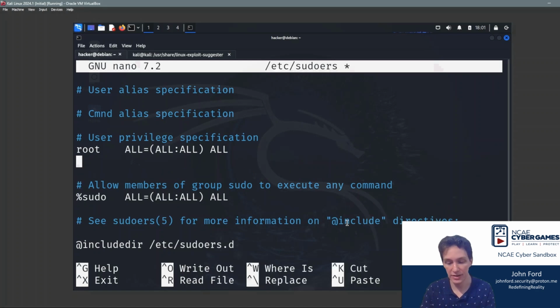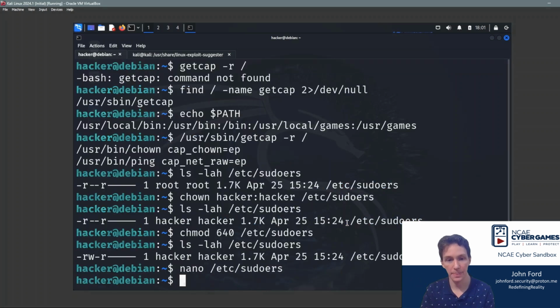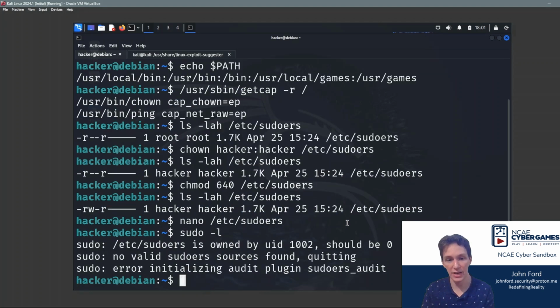So I'll just add it right down here. I'll say hacker ALL=(ALL) ALL. Now the one additional thing I'm going to add is I'm actually going to say NOPASSWD. So then I don't even need to know hacker's password in order to use sudo as hacker. So if I save that out, and now if I try to use sudo as hacker, if I do sudo -l,